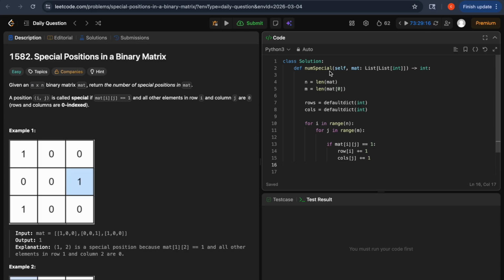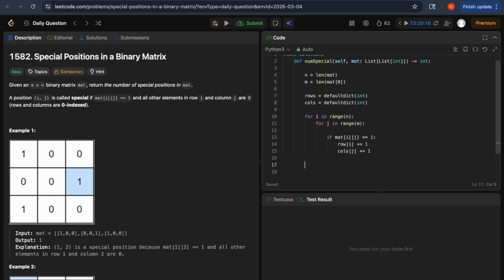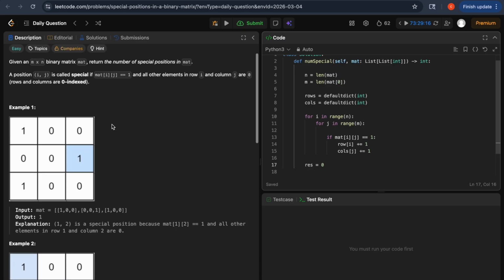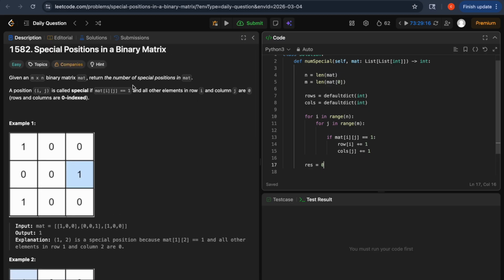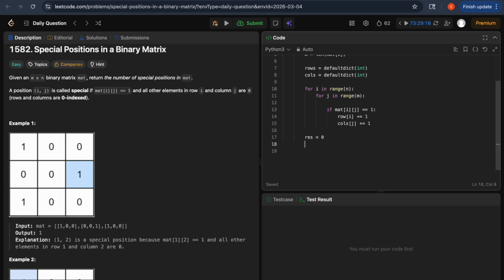Now that you are filling the rows and columns using this loop, the next task is to check if the row and column have any other occurrence of 1. If there is nothing else, then you will increment the result, and that is how you calculate the special positions in this matrix. So now for i again in range of n, and for j in range of m,